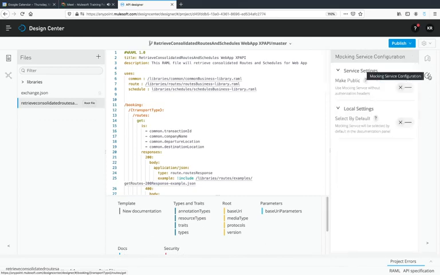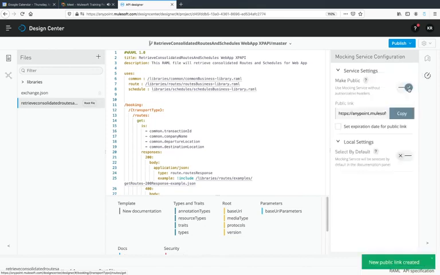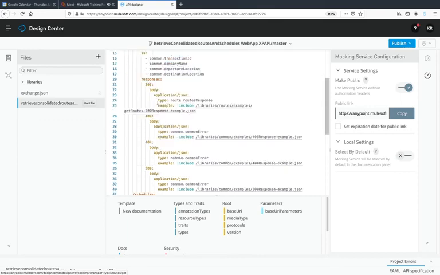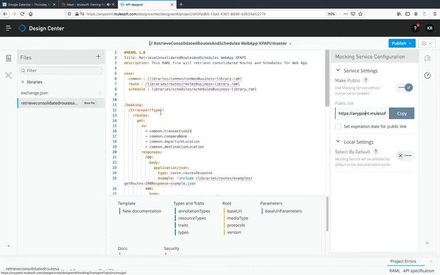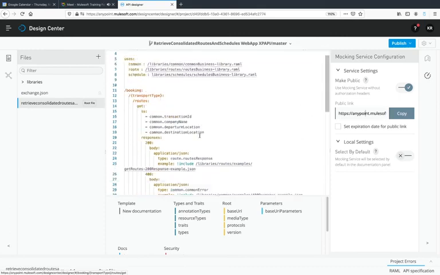Second option, we have this mocking option. What you can do is make it public and you will get one URL. After this URL, put your resource, like we have booking, then transport type and routes. Put all these three values, and then you can test it from Postman. Use this URL and whatever resource you have in your RAML, and whatever body and query parameter input you need, pass all the input, then you will get the expected